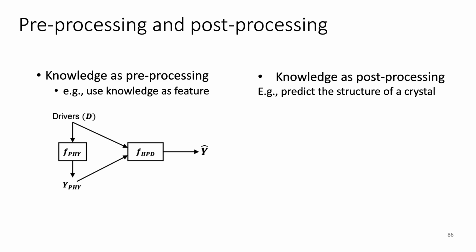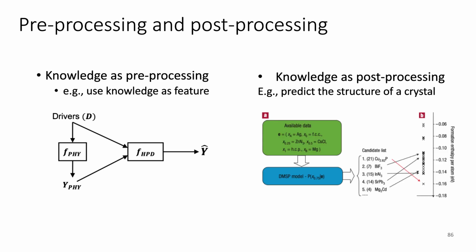Well, another way we can also do is that we can use the domain knowledge as a post-processing step. For example, if we are going to predict the structure of a crystal, from the domain knowledge perspective, some scientists might try to predict or calculate the power or say the energy of each candidate crystal structure. However, there are too many candidates so that it's really expensive for them to calculate them